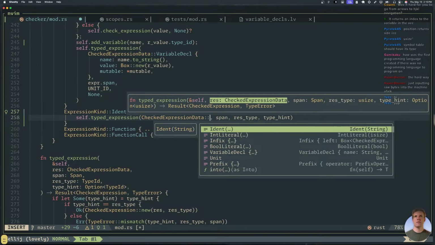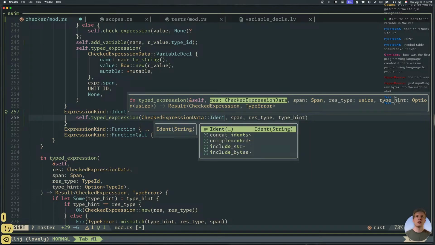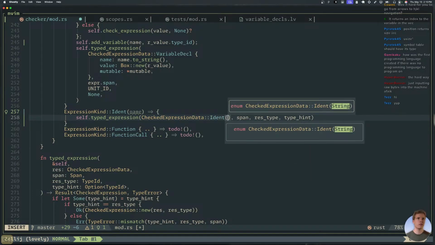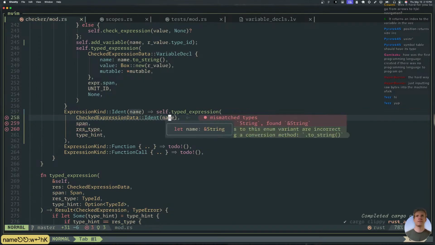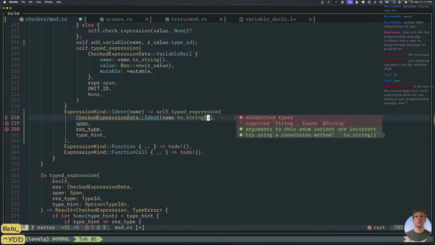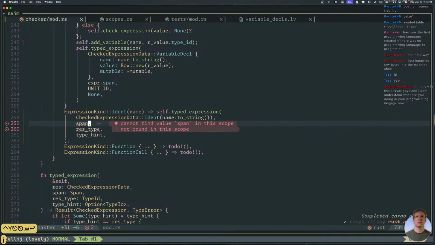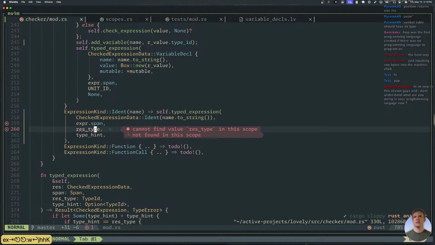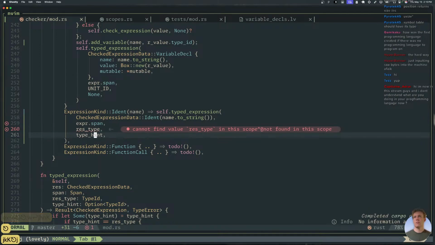Oh yeah, ident. Sometimes my brain just freezes on me. Ident just has the name. Pretty sure that's all we need here. Span becomes expr.span. The type becomes, oh, we can't do this yet. We need to look this thing up.